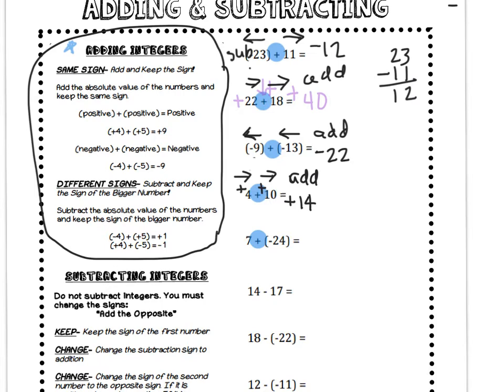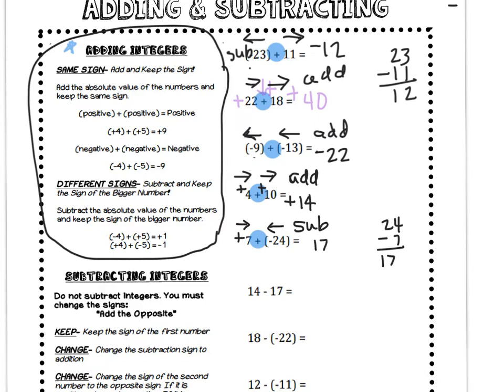On this one, I have a positive 7 and a negative 24. Just looking at the positive standing at 7, if I was standing on 0, I would go this way. Looking at negative 24, if I was standing on 0, I would go that way. My arrows are facing opposite directions, so I'm going to subtract. 24 minus 7 would give me